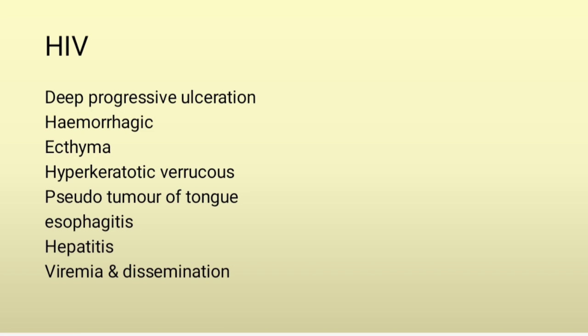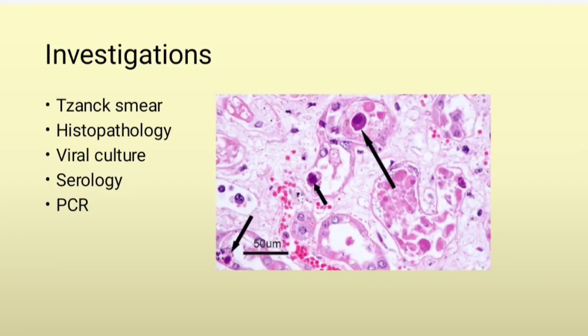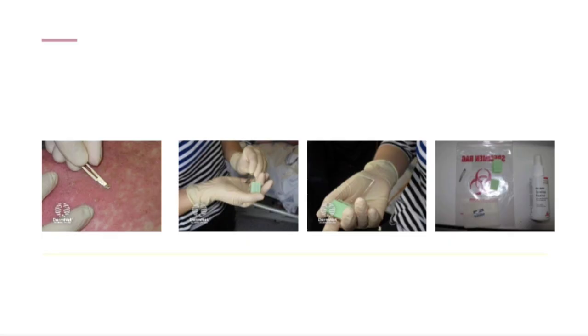Investigation includes Tzanck smear, histopathology, viral culture, serology, and PCR, which can be done when the lesions are atypical. So coming to the procedure of Tzanck smear, after explaining the procedure to the patient and taking the consent, the affected